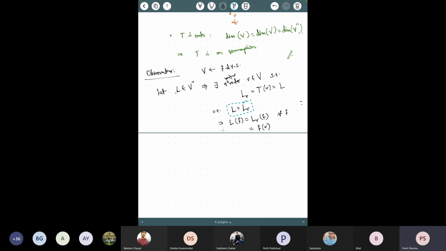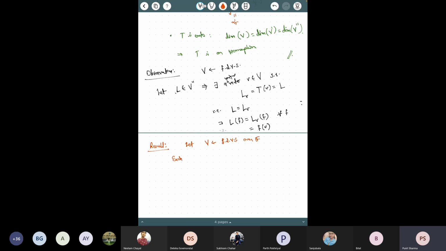Okay. Now using this observation, or the information from this isomorphism, we will answer the question we had asked at the beginning. This question can now be given as a corollary of this isomorphism. So let me write this as a separate result here. Let us suppose that we have a vector space of finite dimension over a field, let's say F.